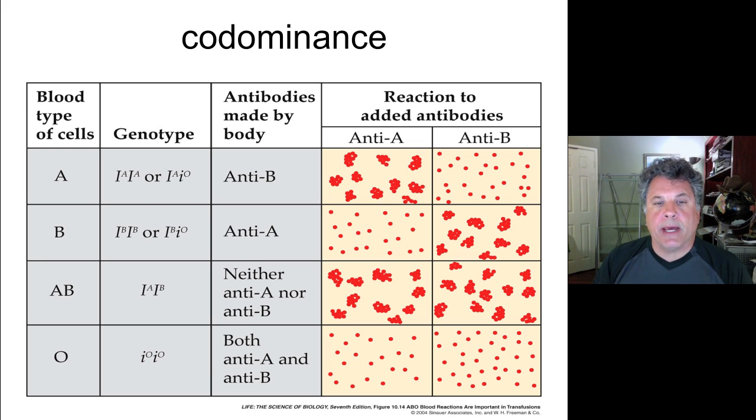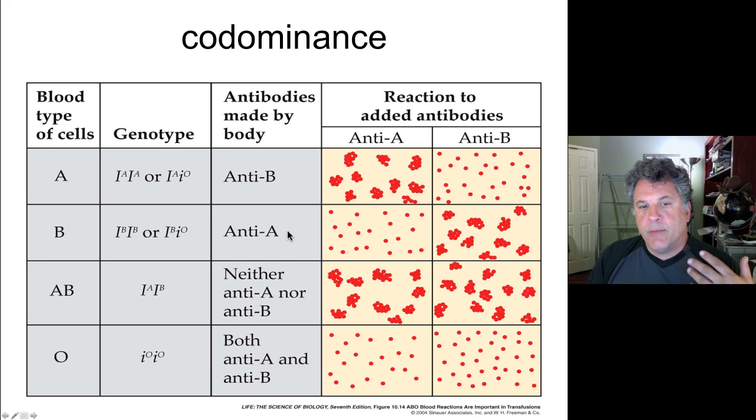So you make antibodies against protein B. If you are of the B blood type, then you have B protein on your blood cells, and you don't make anti-B antibodies, you make anti-A antibodies because you don't see those protein A's, and you would recognize protein A